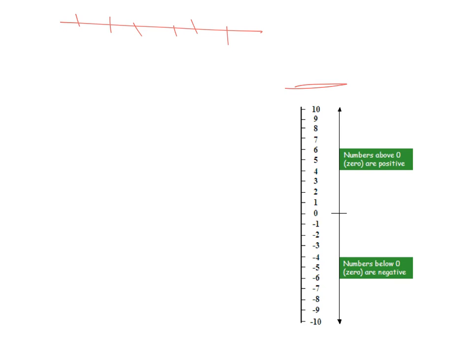Picture that 10 over here is the top of the building. Over here at 0 is your ground. And then over here you're going to the basement. So you're going -1, -2, -3. Okay, so you're in the basement. Right, picture that in your head. It really does help to work out your adding and subtracting. What I want to do,